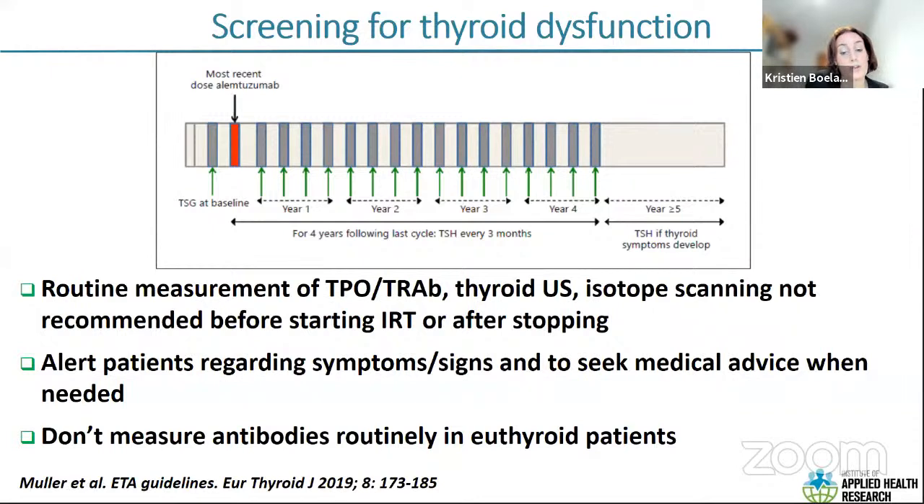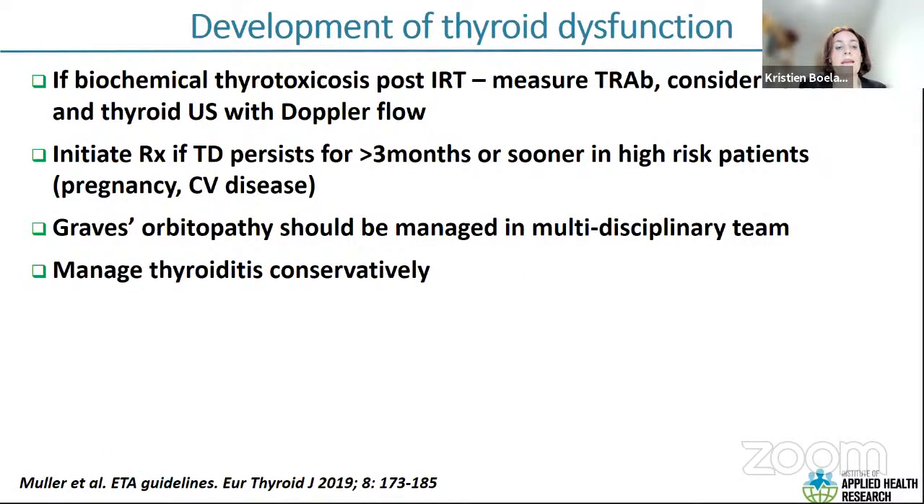In patients who are euthyroid, it is not necessary to routinely measure antibodies, nor to do any scanning. If patients develop biochemical thyrotoxicosis after the treatment, it is recommended that you measure TRAb and that you follow general guidance to consider a technetium scan or thyroid ultrasound with Doppler flow if this is negative. If thyroid dysfunction persists for more than 3 months or in high-risk patients, it is recommended that you start treatment